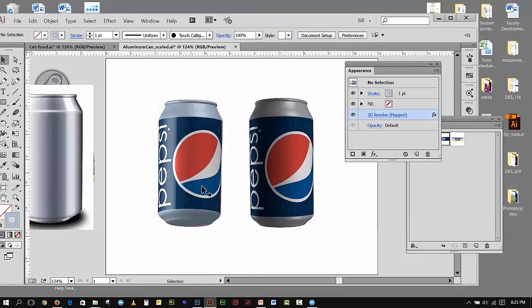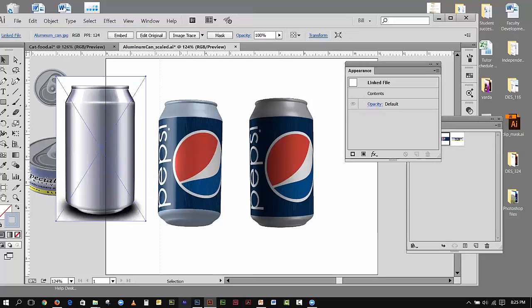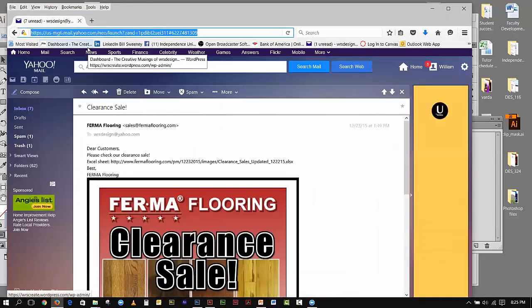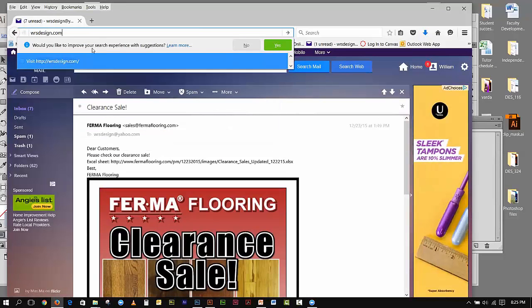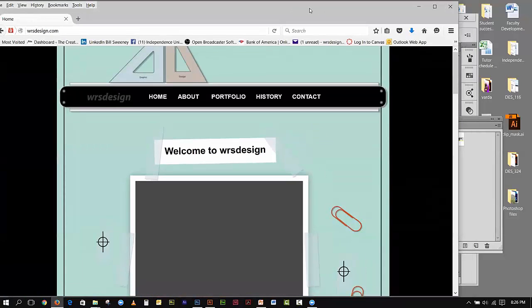So there you can see you can create your can and put your graphics on the can very simply, like I did with the other can. But this one involves literally getting yourself an object that you're going to trace. If you want, you can go to my website, and I'm going to come over here, and I'm going to go WRS Design, wrsdesign.com. The reason I'm taking you here is because on my website, I'll show you some 3D elements that I created in